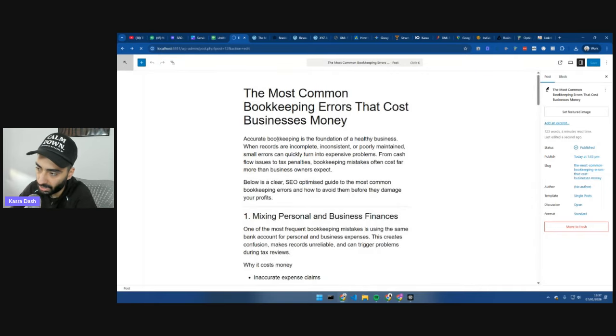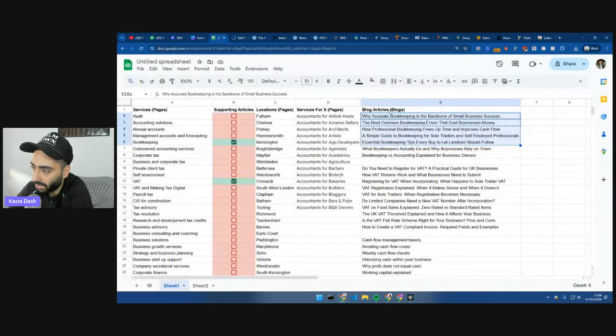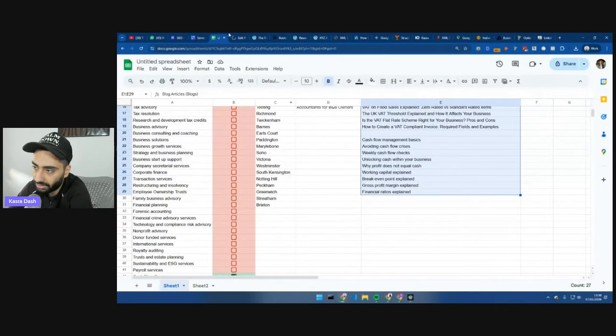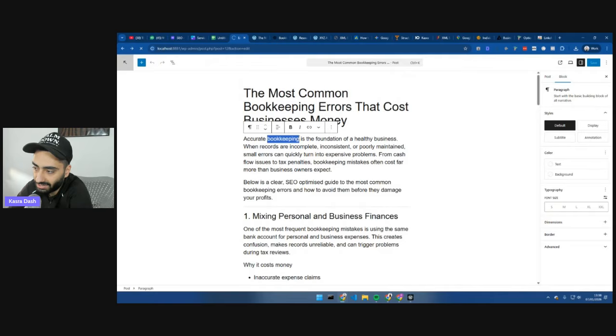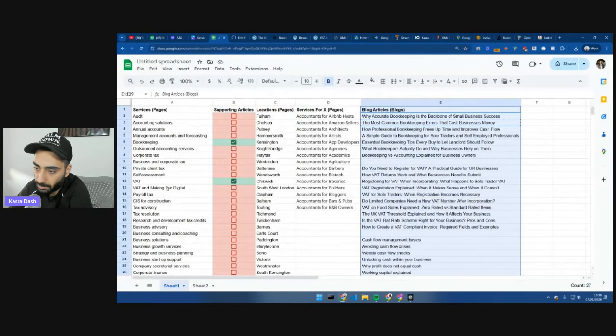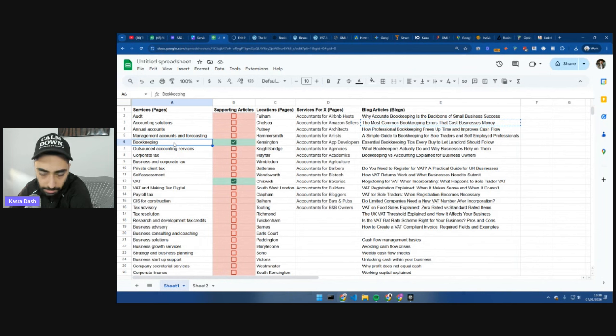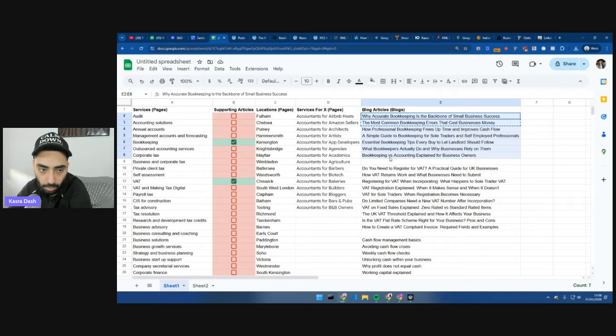blog articles. Now, a few different things that you need to bear in mind is for SEO optimized content, you want to make certain that the keyword that you're trying to rank for is within the first paragraph. For a supporting article, like any of these, right? This is just good practice stuff, right? You want to make certain that this internally links to the main service page, which is bookkeeping, right? Bookkeeping for businesses, bookkeeping for companies, whatever you want this page to rank for. You want to make certain that all of these supporting blog articles are internally linking back up to